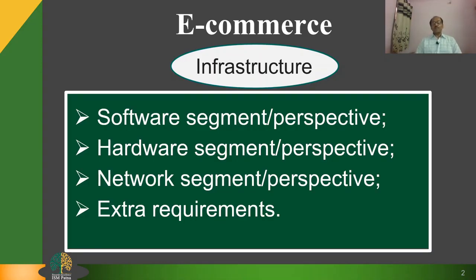The next comes the hardware segment or perspective. Computer hardware includes mainframe computers, PCs, mobile phones, and other handheld devices. In client server computing, desktops, laptops or mobile phones are called clients and are networked to powerful server computers like mainframes. Computer processing work is split between these two types of machines. The clients are the user point of entry, whereas the server typically processes and stores shared data, serves up pages, or manages work activities.